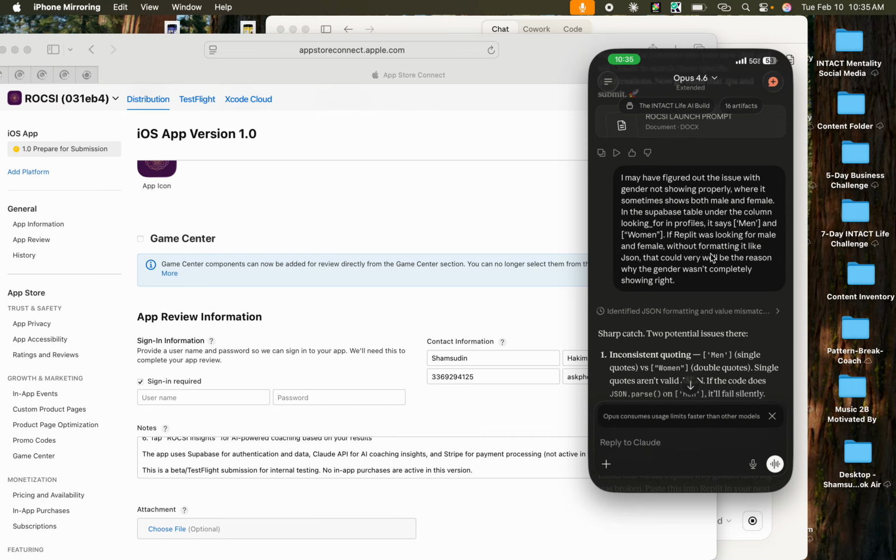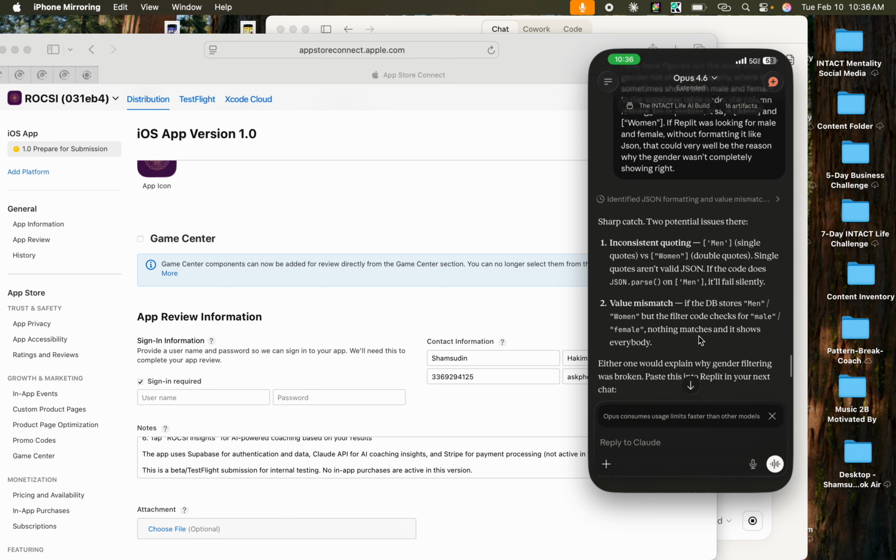In the Supabase table, under the column looking for in profiles, it says men, and that's how it's formatted with the brackets and the quotes. And then women, you see how I had the double quotes in the brackets? If Replit was looking for male and female without formatting it like JSON, that could very well be the reason why the gender wasn't completely showing right.